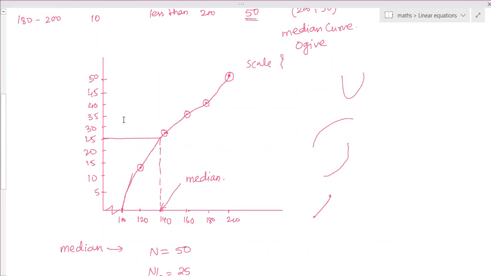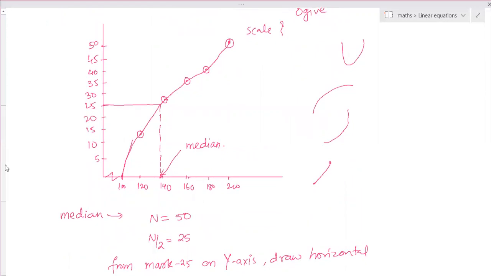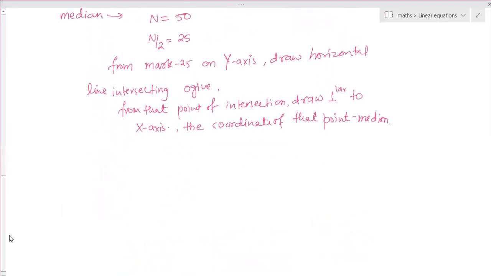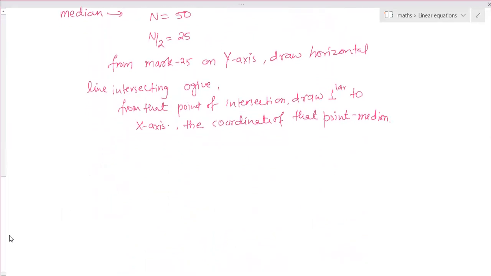Ma'am, so whatever the difference is, least value minus the difference, right. Okay. And it always starts from the x-axis. You have to start always from the x-axis. The graph should not be hanging somewhere. It should always touch the x-axis. Okay, ma'am. Thank you, ma'am.